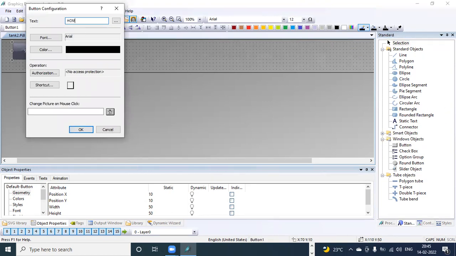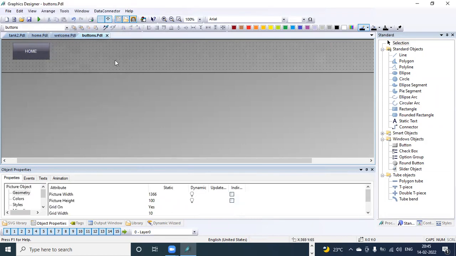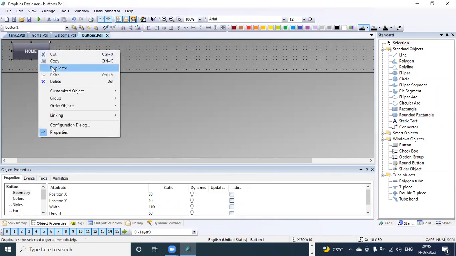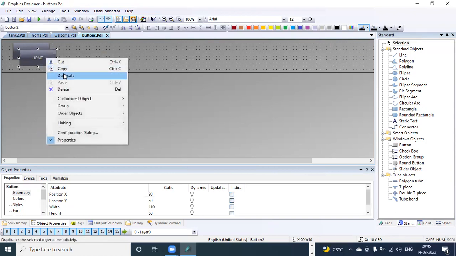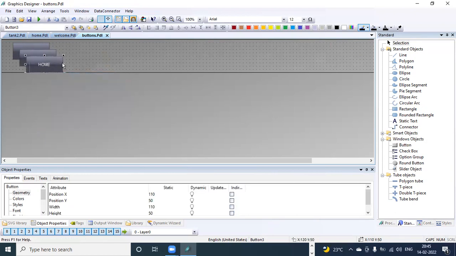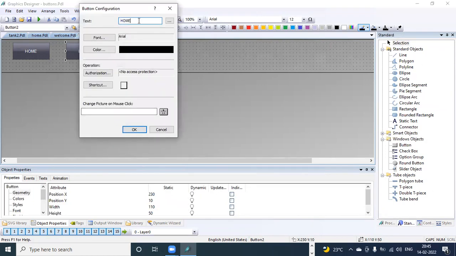Then like home, I just duplicate them. For example, I take two windows here. I change the configuration name.